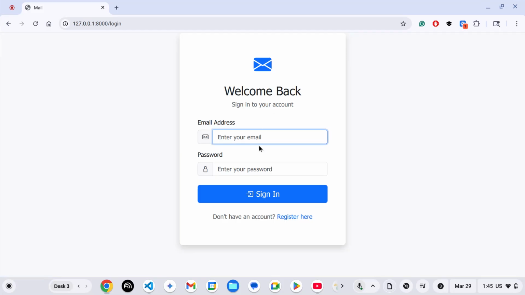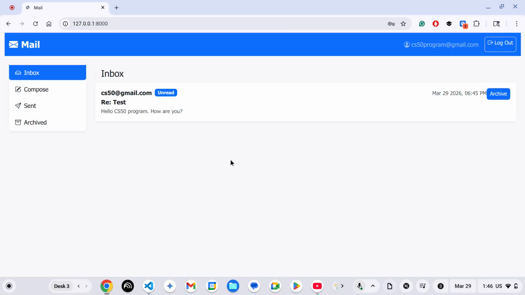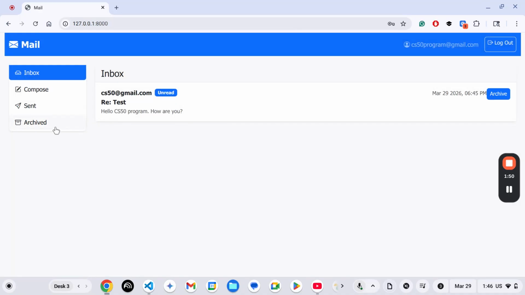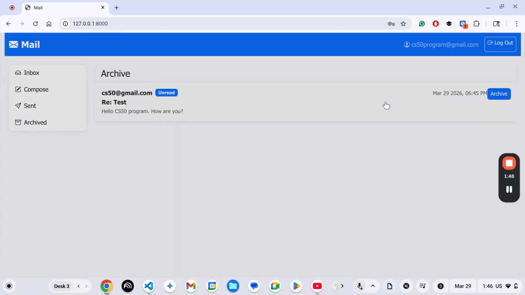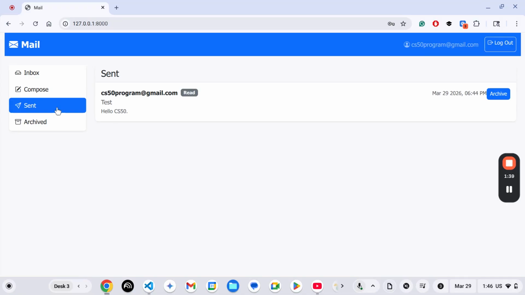Now, again, if we go back, but this time enter with the CS50 program, then we will see again that we have an unread notification from cs50@gmail.com asking us how we are. So this just shows how you can send and receive emails. Now, if we want to, we can always just click the archive button again, and